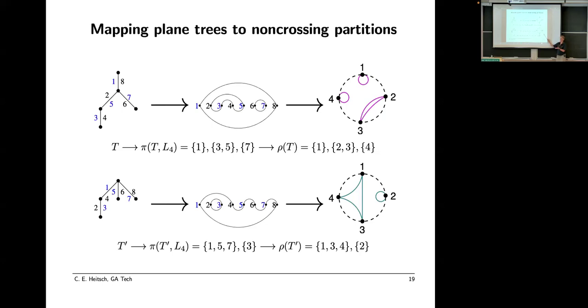That is a set partition of the integers up to 4, but it does not satisfy a non-crossing partition. And so our tree partitions, if we take the tree partition with L4, that gives me this one, and then I just project down from the odd integers down to all integers, and that gives me exactly a non-crossing partition. And then here's an example of another one, and it is related to the previous non-crossing partition